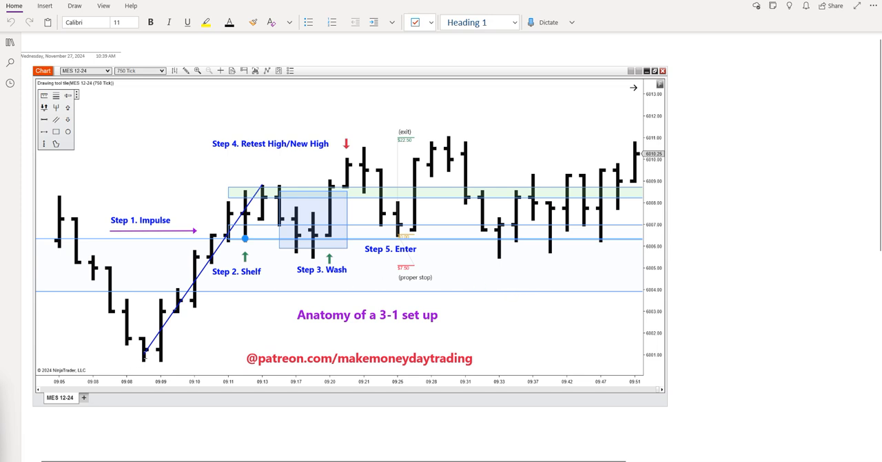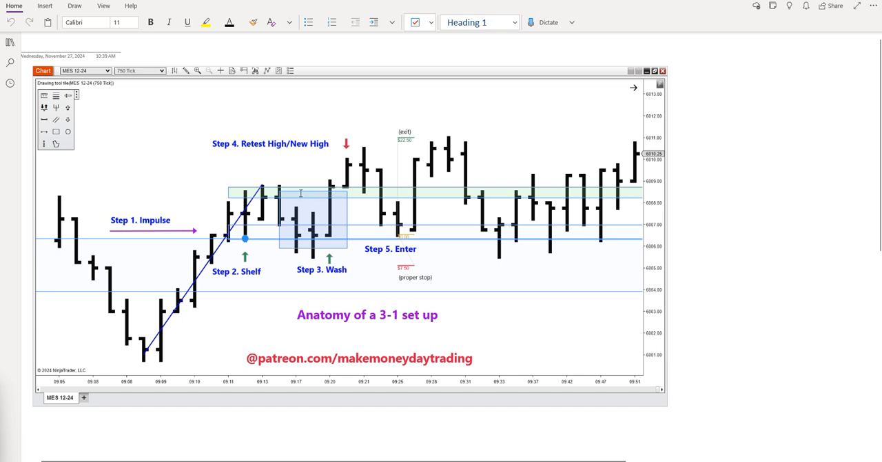All right. So we're looking for an impulse leg, expansion, right? Coil, right? Creates a shelf. Step 2, buyers, buyers. Step 3 is a wash. Buyers get wiped out, right? This bar here took out these orders. There's stops right underneath here. Everybody moves their stop right up underneath there, cleans them out, takes off for a new high, but gets hammered